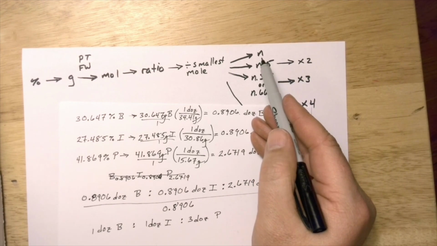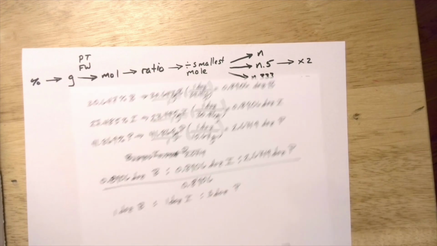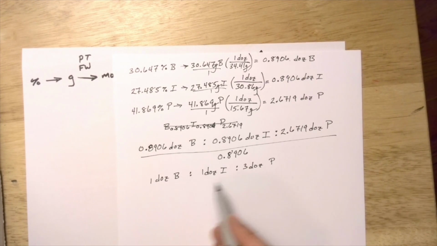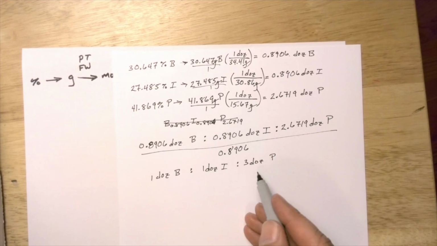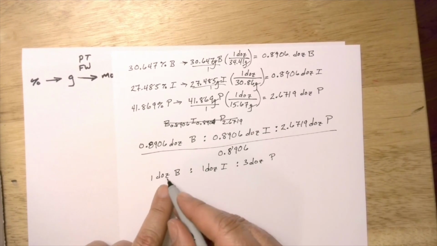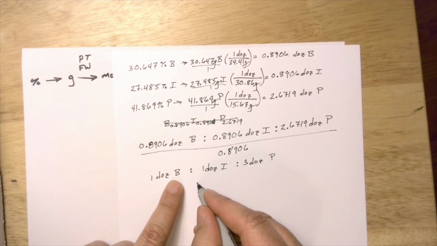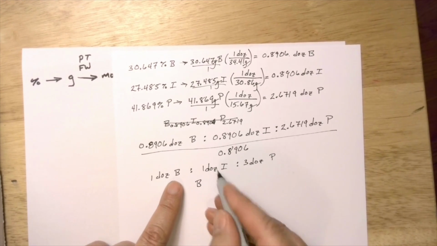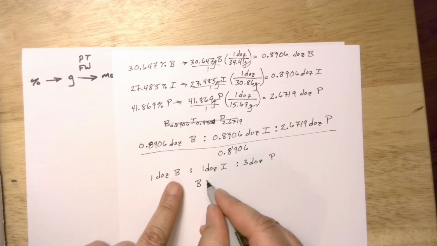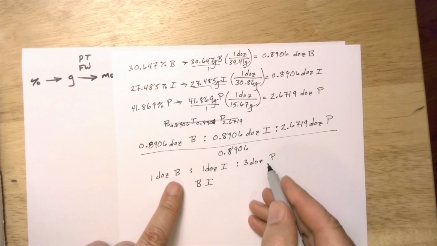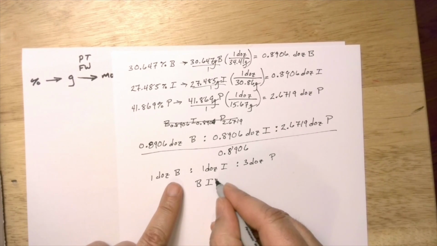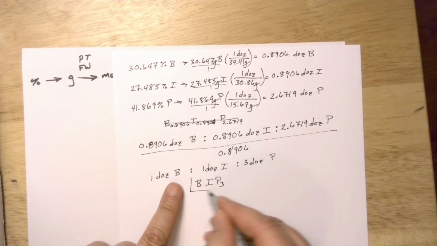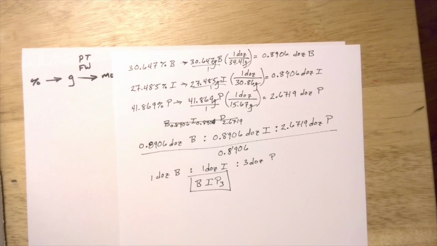So we don't do anything else after that. So this becomes your formula. And what does this mean? This means you have 1 dozen binder clips, so you can just write down B. 1 dozen index cards, I. 3 dozen paper clips, P3. BIP3. And that is what we had